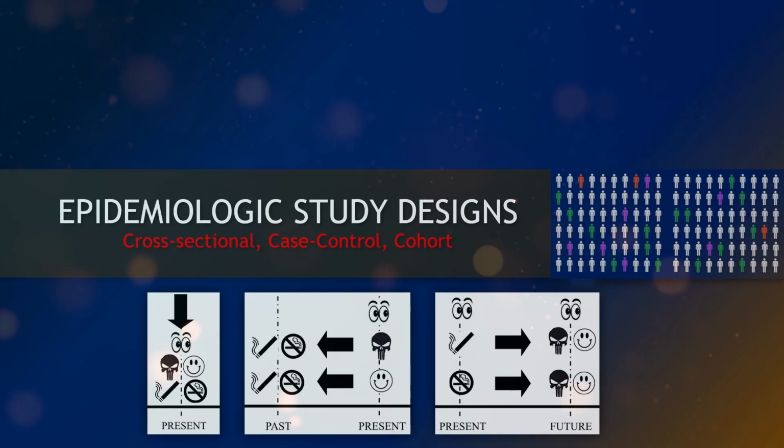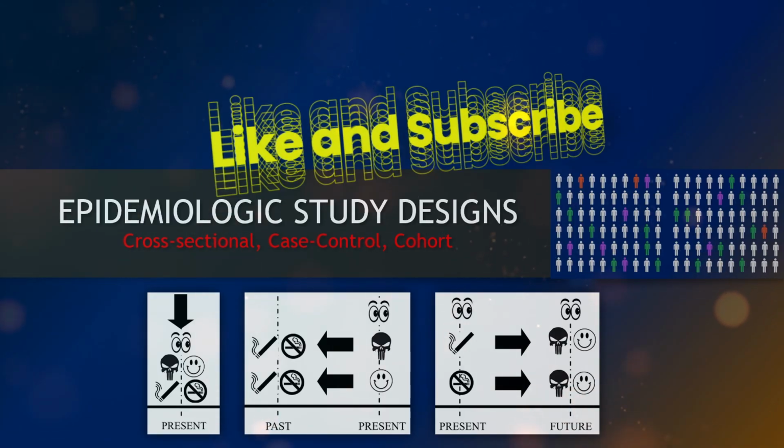And that's it. I hope now you are able to differentiate the three main epidemiologic study designs in terms of their main uses, their advantages and disadvantages, and how they are conducted in the field. I hope you can also design your own cross-sectional, case control, and both cohort studies according to your study objectives and operational variables.